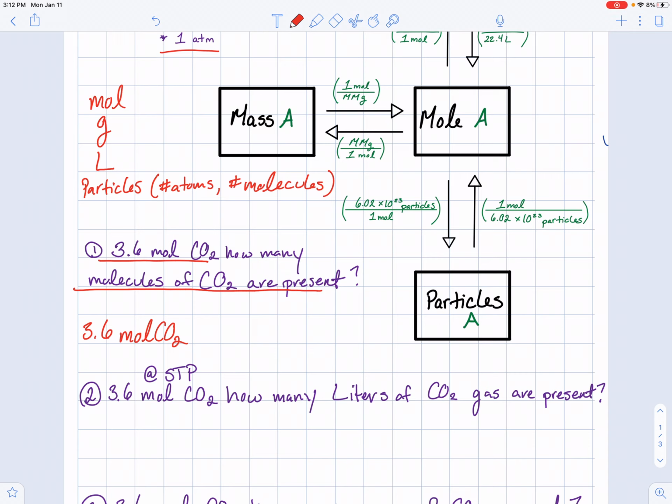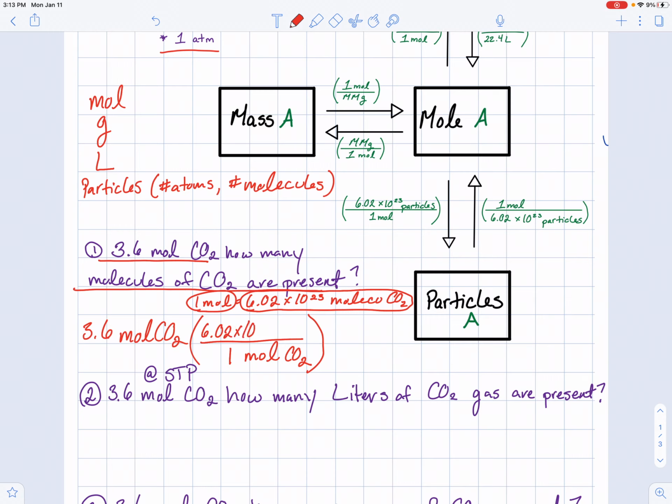Now, what I know to be true about moles and molecules is that 1 mole is equal to 6.02 times 10 to the 23 molecules of whatever substance I'm talking about. In this case, it's going to be CO2. So if I'm using dimensional analysis, I know I want to get out of the unit of moles. So I'm going to put moles on the bottom so that that unit cancels. And I'm going to put molecules on the top of my conversion factor because that's the unit that I want to be in. So it'll be 3.6 moles of CO2 times